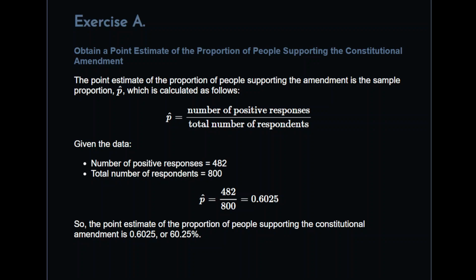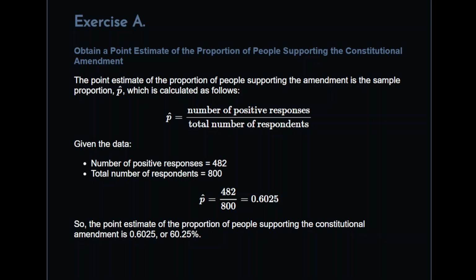Obtain a point estimate. So this is a fundamental part of working with confidence intervals and hypothesis tests, which you'll presumably see very soon. So the point estimate of the proportion of people supporting the amendment is the sample proportion p hat, and it is calculated as follows. p hat is the number of positive responses divided by the total number of respondents. So the total number of respondents is essentially our sample size, and the number of positive responses is the number of positive cases. So p hat is equal to